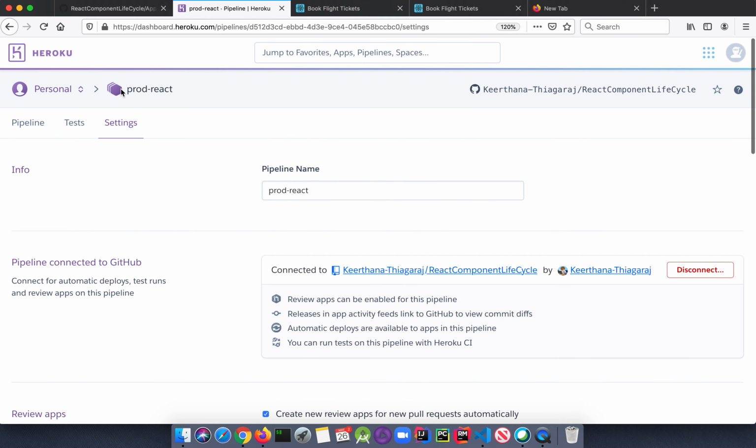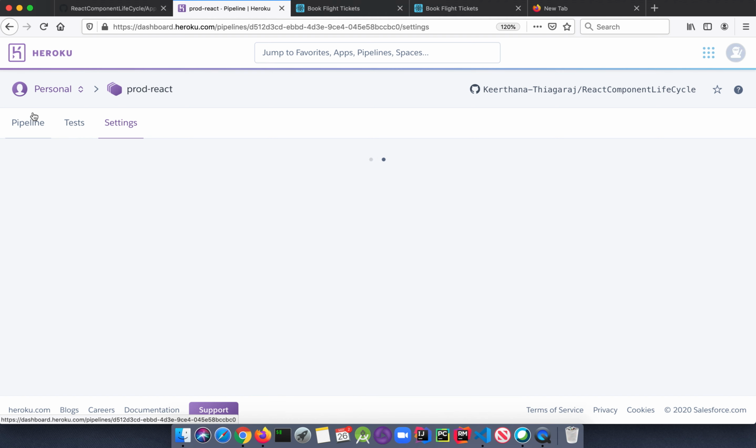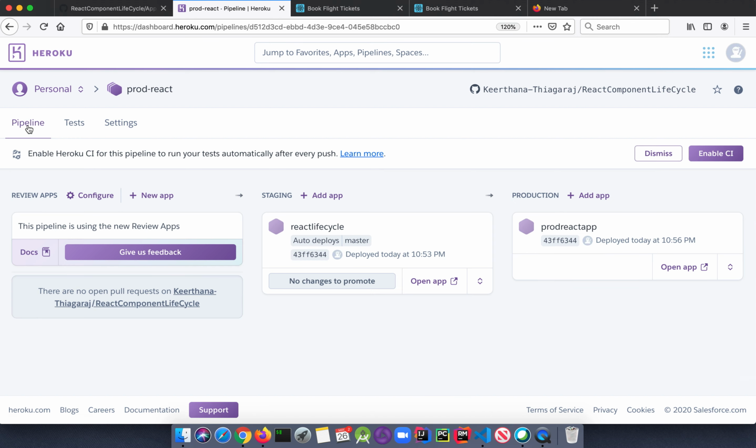If you go and check here under pipeline, you can see that this pipeline is using the new review apps. Whatever changes you make to the GitHub repository will get reflected here, and post that you can make the changes.